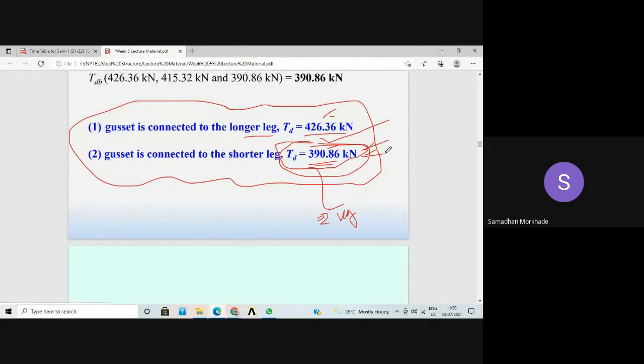And in your industrial building, in yesterday's example there were 7 trusses. So for one truss 30 kg steel, for 7 trusses, 7 into 30, 210 kg, that is, about 2 quintal of steel has been utilized unnecessarily.